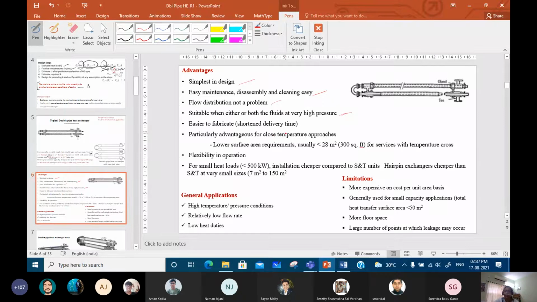And there's one other thing, just because I told you that we can approximate the flow to be true counter current or true co-current. So therefore, it's particularly advantageous for close temperature approaches. And since we can approach the delta T LMTD for counter flow very closely. As you all know, one of you has posted a question also: if the delta T LMTD is higher for a counter or a co-current flow, you tell me. Under what condition is delta T LMTD higher?